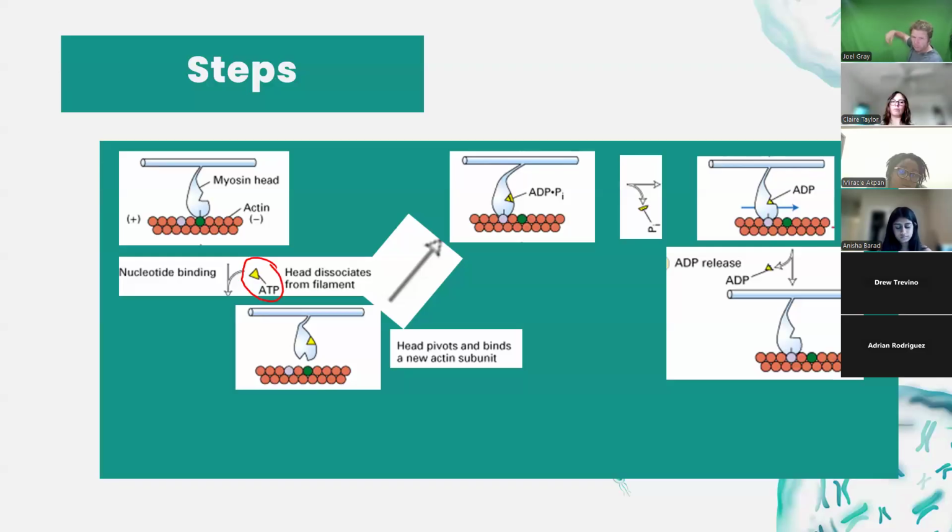So it binds ATP, releases actin, and now it kind of lurches forward. Whenever it does that lurch forward movement, it's going to take ATP, our high energy compound, and break it into ADP